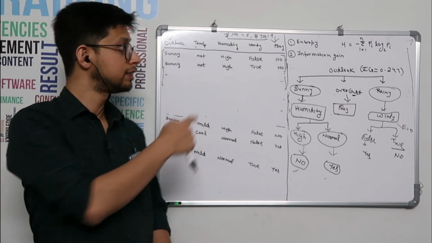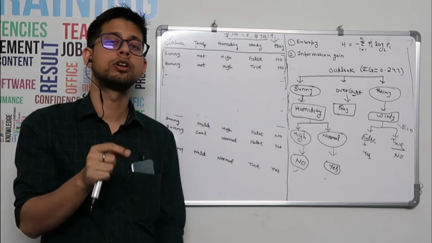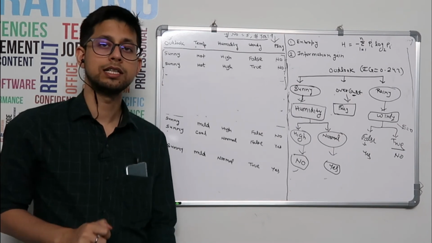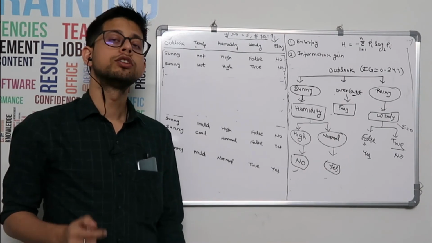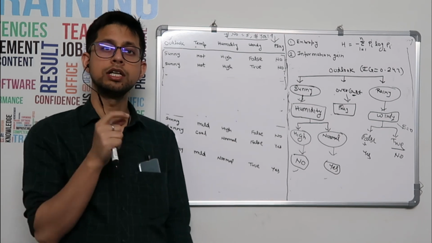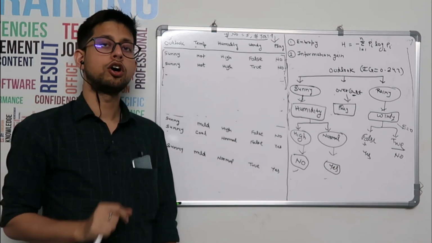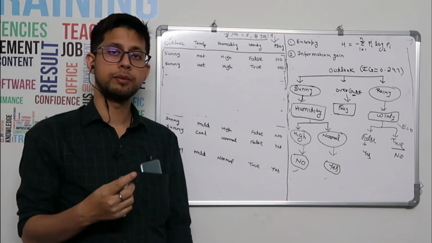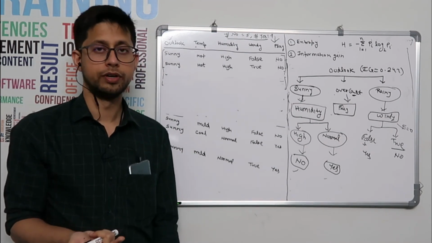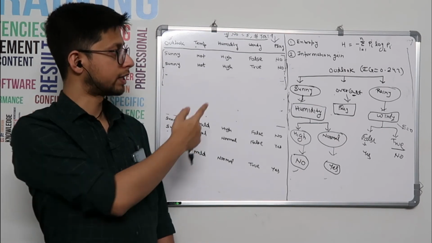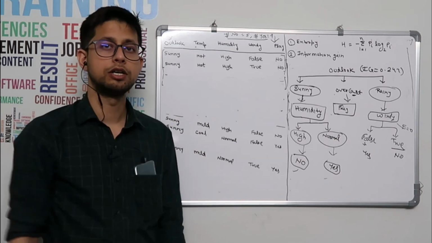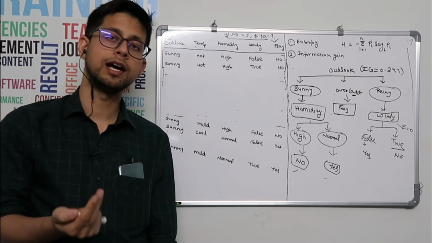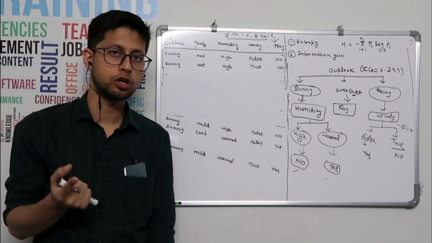And so this is all about how our ID3 algorithm works on binary classification. In the next video, we'll be talking about CART, that is the classification and regression tree algorithm, which uses the Gini index. And also we'll be talking about what is pruning, because your decision tree is very prone to overfitting, as it also takes noisy data into account. So that's why most of the time it overfits. Then we'll see how pruning helps to reduce the overfitting. So that we'll be talking about in the next video.